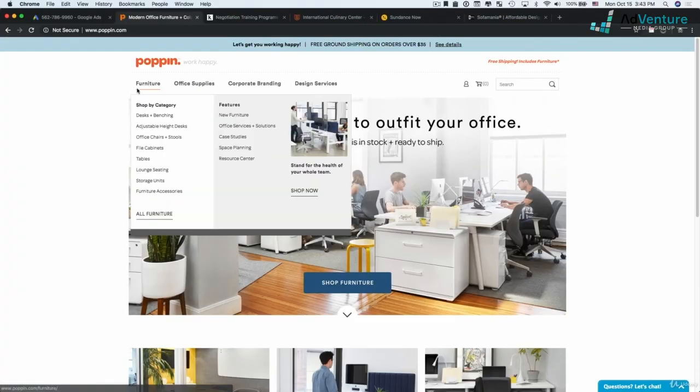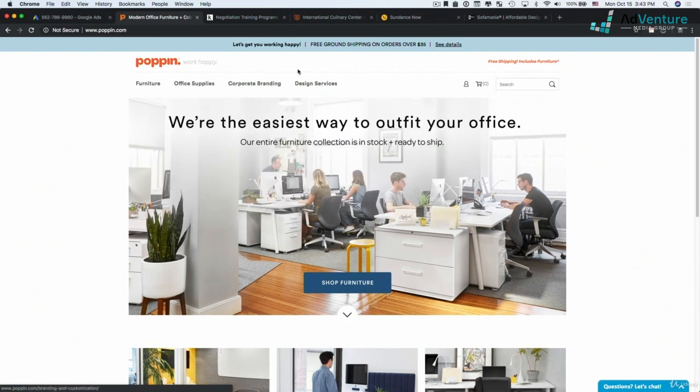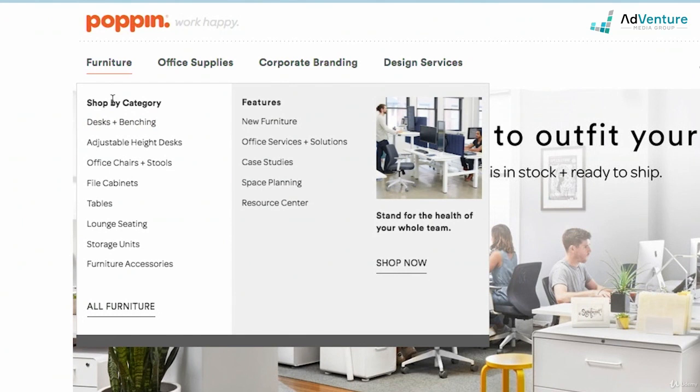In this case, there's two different ways that are obvious to me that you could start off building out these campaigns. One is I could have my campaign set up at the top level categories of this navigation. So I can have a campaign for furniture, a campaign for office supplies, a campaign for corporate branding, and a campaign for design services. My ad groups would then potentially be the subcategories of that primary navigation. So I'd have under my furniture campaign, I might have an